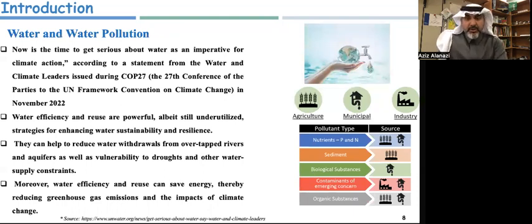So when we talk about water pollution, it comes from many sources: agriculture, municipal, and industrial being some of the biggest contributors. Due to water pollution, unsafe drinking water is a huge issue because more than 3.4 million people die a year from water-related diseases. Even areas with access to treated drinking water are facing some challenges